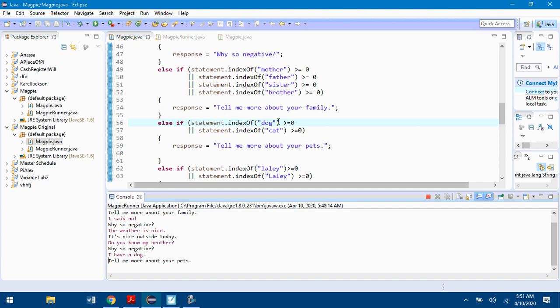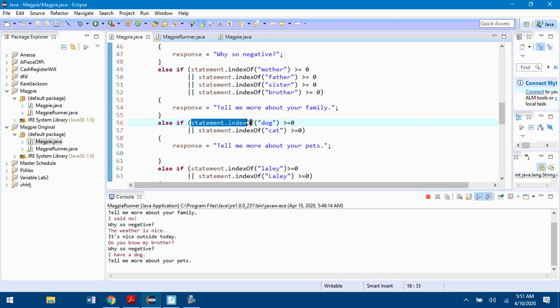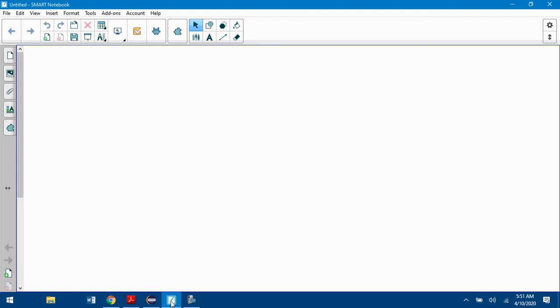Now, the reason it says greater than or equal to 0, let me talk about this statement real quick. The statement I wrote was I have a dog. So picture this for a second.